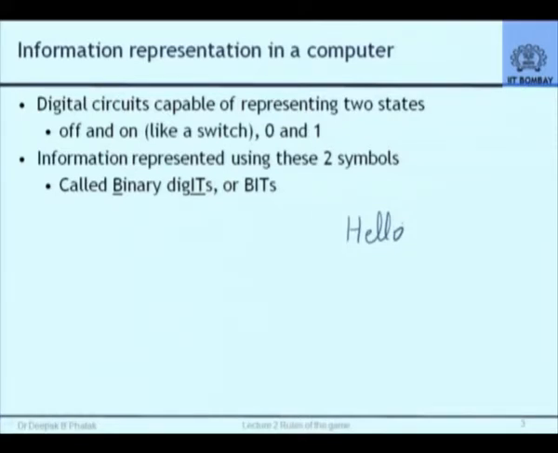The digital computers, on the other hand, because they consist of digital circuitry, and digital circuits are characterized primarily by the fact that they can represent two distinct states in which, let's say, electrons flowing through the circuits can exist, which are distinguishable. So one is called the on state, the other is called the off state. It's just like a switch on, switch off. If you switch on, the bulb will light; switch off, the bulb will go off. Equivalent, roughly. And therefore, traditionally, these two states have been used to represent two symbols. Numerically, they correspond to 0 and 1.